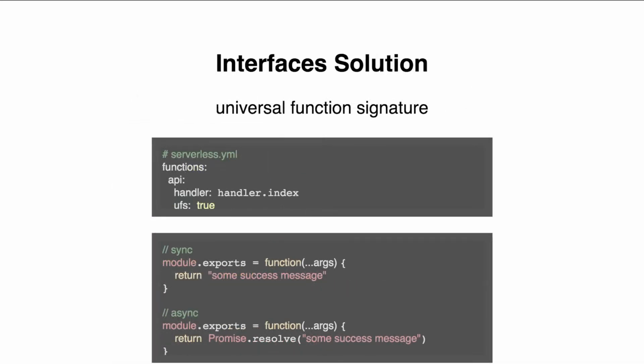So the interface solution, this is part of what the serverless team has been working on. It's the idea that we want to effectively wrap or provide the interface point for your function, so that we can have a universal function format that you can convert from the provider into. Now we give you a way of taking a single function and deploying it to the provider, and that conversion layer would do what's necessary to bring in the parameters appropriately and to handle the response that comes out of that function appropriately, both in a sync and asynchronous way.